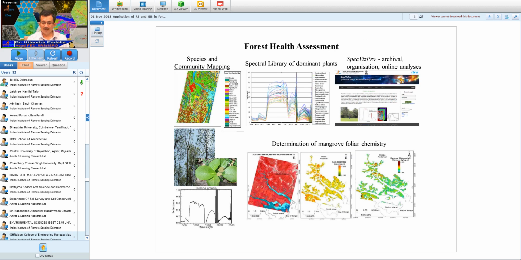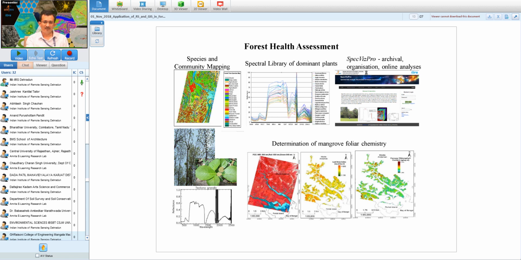So I have a few examples here to show you that hyperspectral remote sensing is another area where a lot of focus is right now. From the ISRO side, we have already done several airborne remote sensing campaigns in different forest areas, and it is currently going on also. And AVIRIS-NG is a sensor which we have brought from NASA, and we have flown several forest sites, and we are trying to generate case studies and show what the potential of hyperspectral remote sensing is, particularly in forest